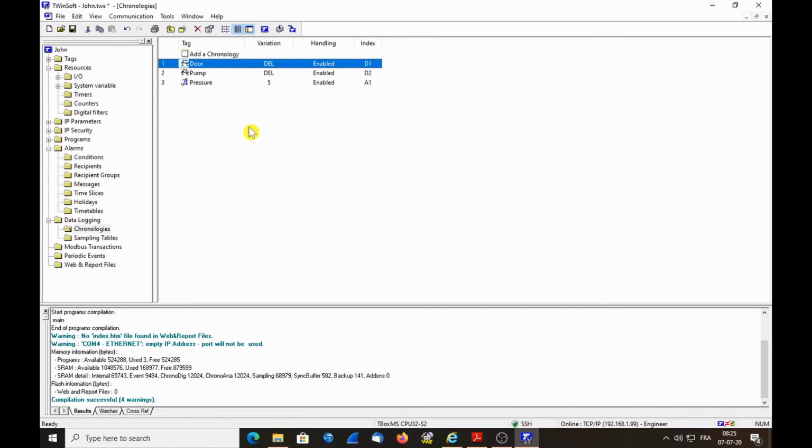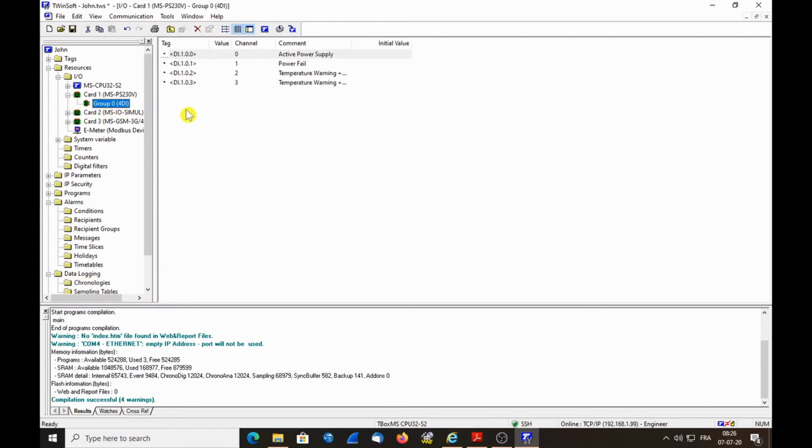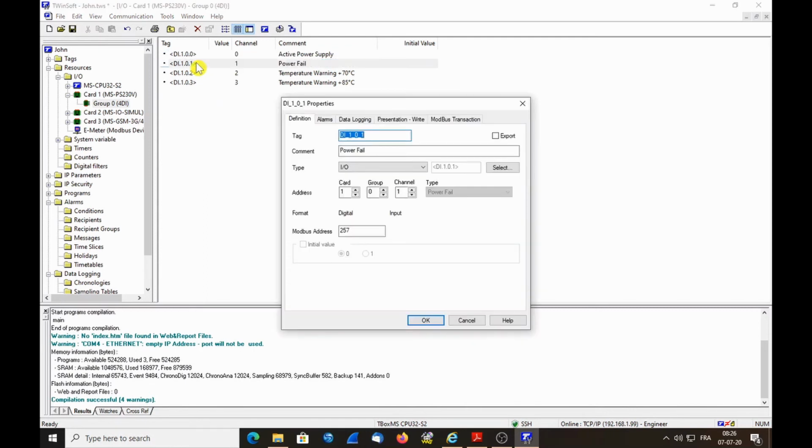Let's take a look at how we can handle the power failure. So for this, we have to go to our resources and to our power supply. So I have an MSPS 230 volt. When I look into the IOs, I have a tag power failure. Suppose I have cabled a backup battery to my power supply. Then I will just tag this one. When the main power breaks down and the system runs on the battery, this tag will change to